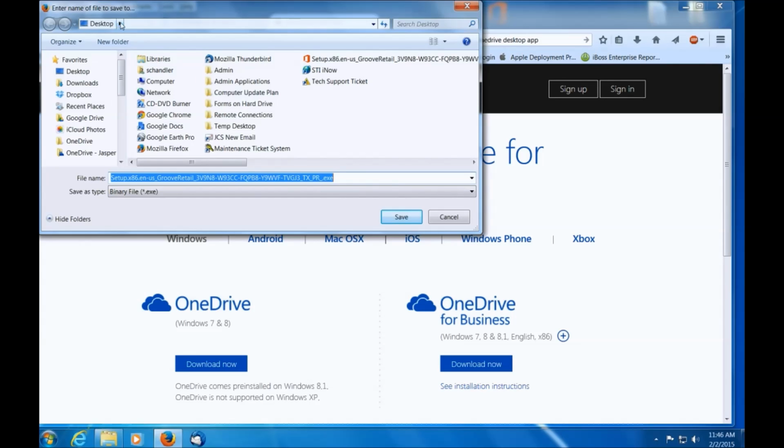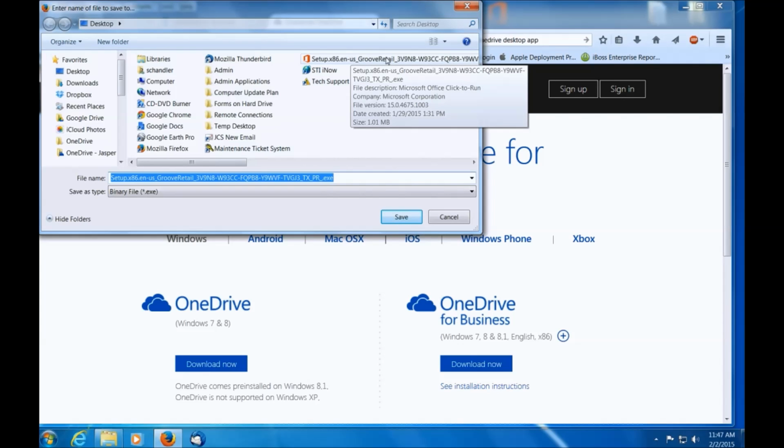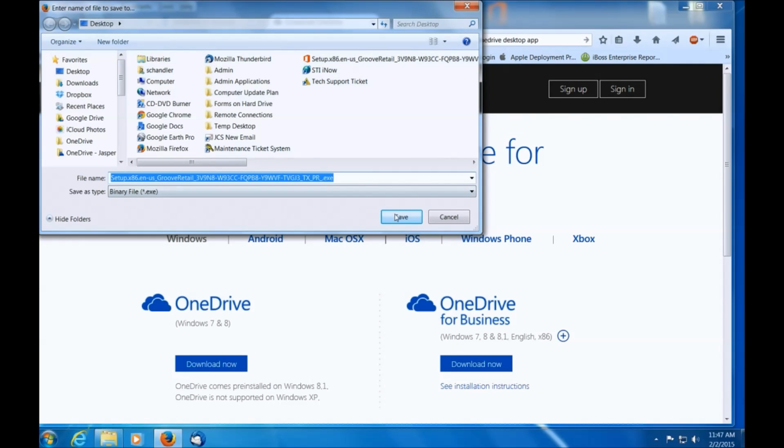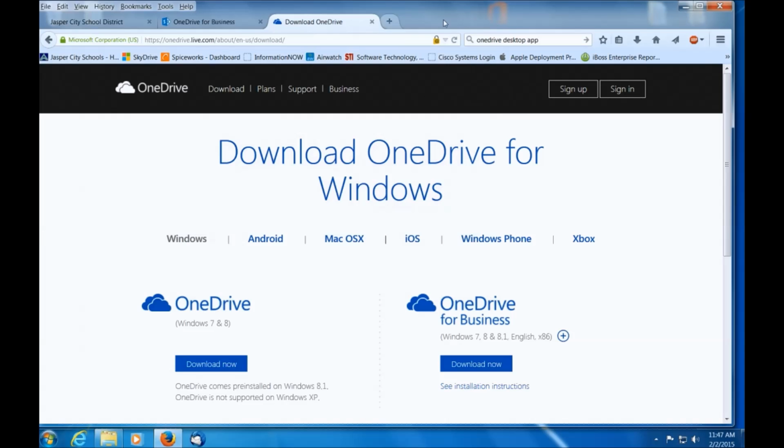And you can see that I'm putting my file. A lot of times when we download a file, we don't remember where we put it, so make sure you look up here to see where you're saving your file. And I've already downloaded this file to my desktop. But you would click Save, and it would save the file. I mean, you could put it on your desktop, or you could put it in your downloads, but you just have to remember where you save the file to. I'm going to minimize my browser,